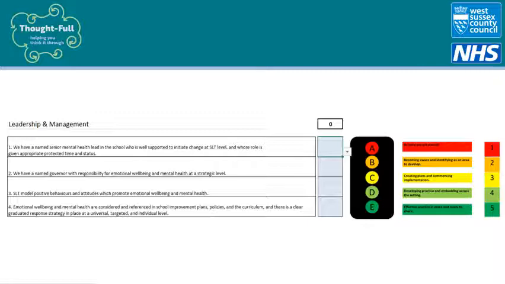When you open the document, you will find that the main section consists of the statements themselves, and for each of the 8 areas we have developed 4 core statements. These 4 core statements are designed to get to the core of each area, and you would score your provision for each question according to the 5-scale traffic light system. This will then give you an overall score for each of the 8 areas. So for example, in the area of leadership and management, we have these 4 statements, each of which would give your school a score out of 5.